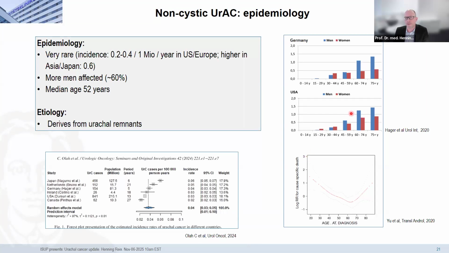You can see that the incidence is growing over the years, but young adults, especially female patients, can also get these tumors. We don't know why yet, but I think we have to do some more research. The mortality is kind of high in younger patients, and it drops to a lower rate at the age of around 60.